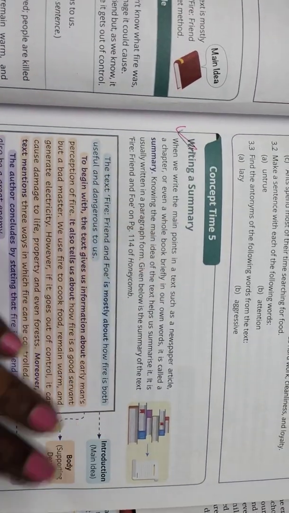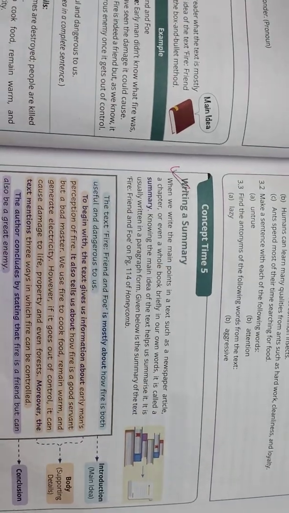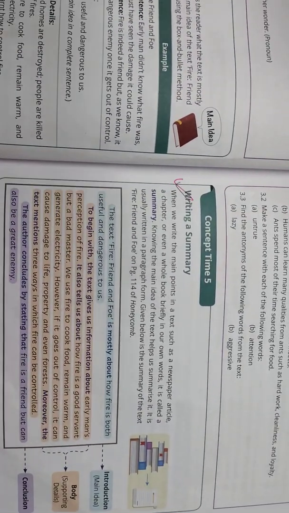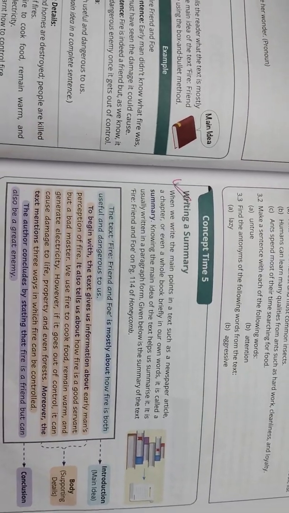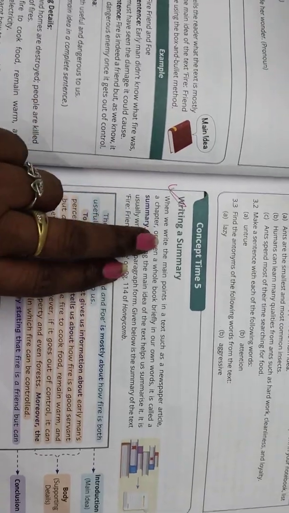So these are the 3 steps you need to follow to write a summary: the introduction, the body of the content, and the conclusion. These 3 make you read it very clearly, summarize it, and explain it very well. For this purpose we are using these methods to write the summary. Then the next thing we are going to learn about